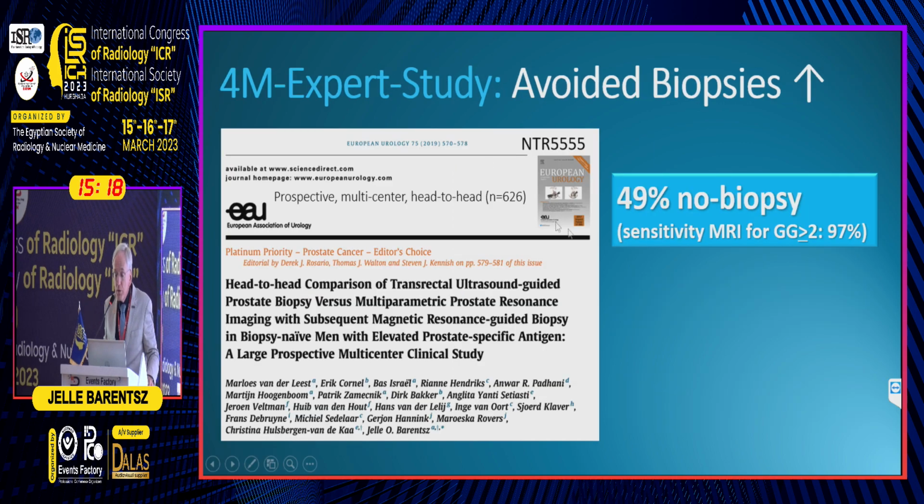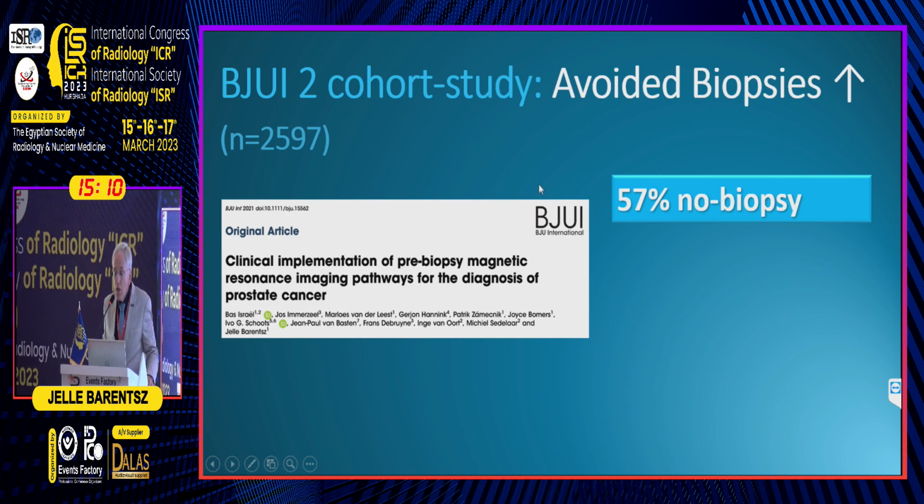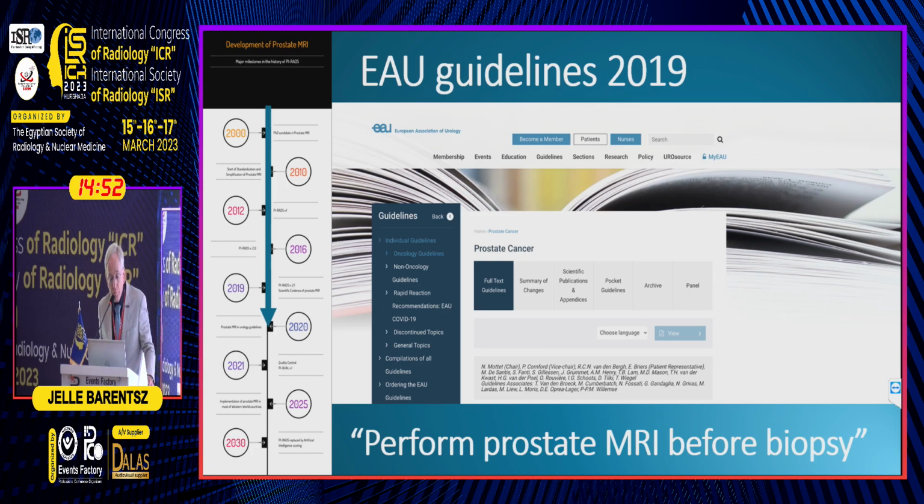If you have an experienced group, in half of the patients, you do not need the 12-needle biopsy anymore. If you have an implemented technique into the clinical world, into expert centers, you can go even up to 60%. So many men will benefit if you introduce MRI. And that is also why MRI is cost effective. In 2019, the European guidelines of the urologists changed, and 1 year later the AUA guidelines changed. And now it is in the guidelines that prostate MRI needs to be done before biopsy.